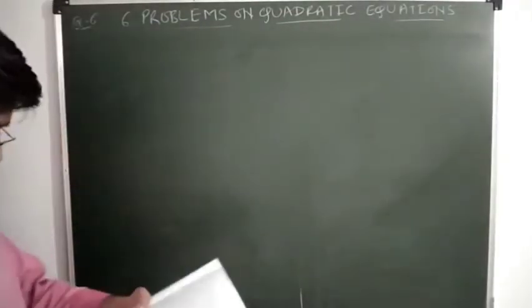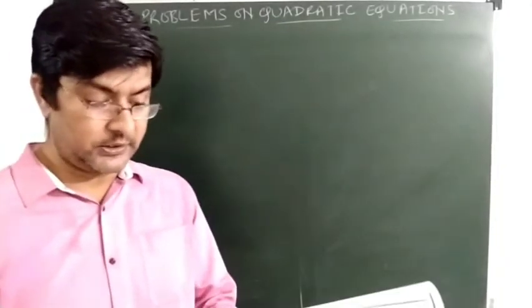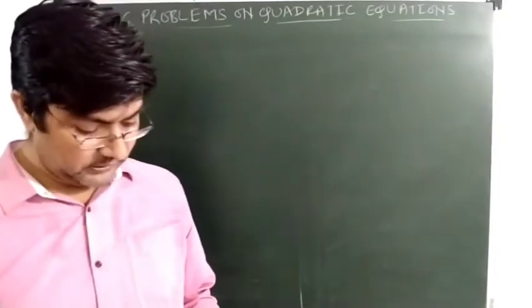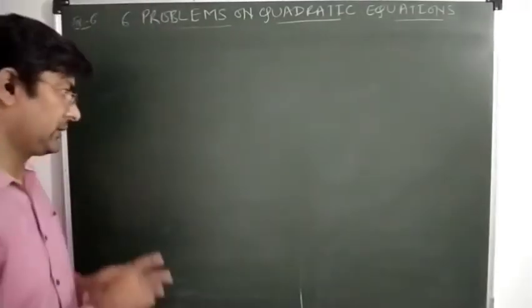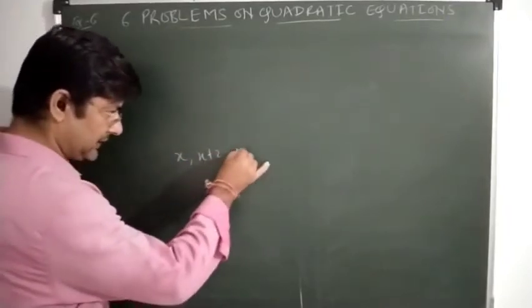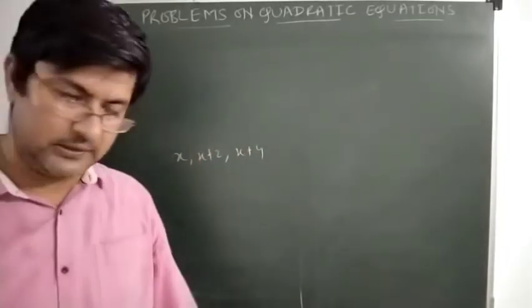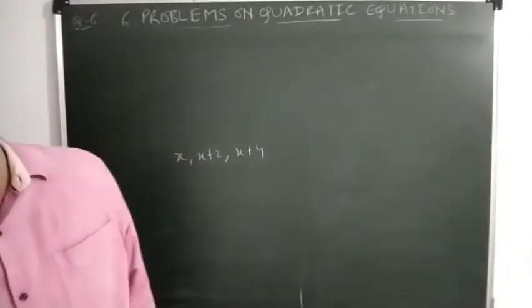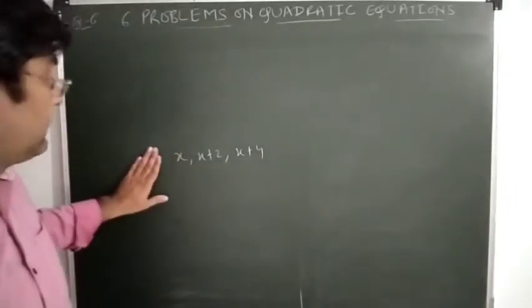Okay, now what is question number 9? Let us read the question. The sum of the squares of three consecutive odd numbers is 2531. So three consecutive odd numbers, we know that for consecutive numbers, you have to take x, x plus 2, x plus 4. Whether it is even or odd, you can consider this format. Clear? Okay, so we will consider the same format only. Let three consecutive odd numbers be x, x plus 2 and x plus 4.